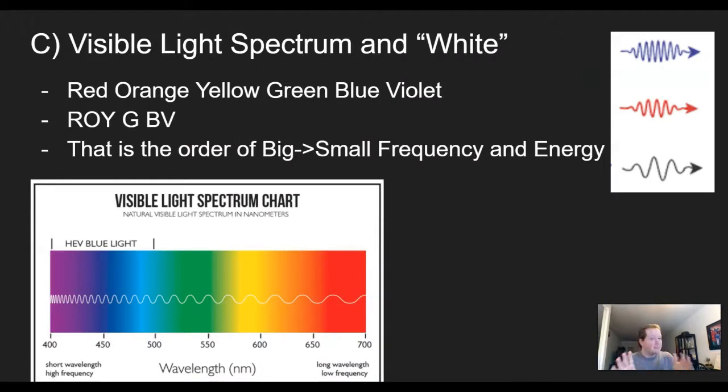Okay, we're going to pick up the pace a little bit right here because, again, a lot of this should be review. When we talk about visible light, we're talking about the colors of the rainbow. That term will be used a lot, the rainbow, right? This red, orange, yellow, green, blue, violet. I don't have indigo in here. I don't have Roy G. Biv. I have Roy G. Bv.